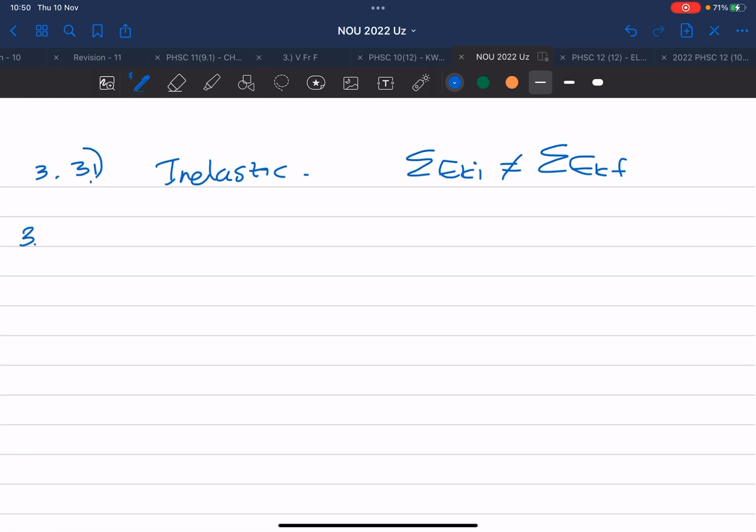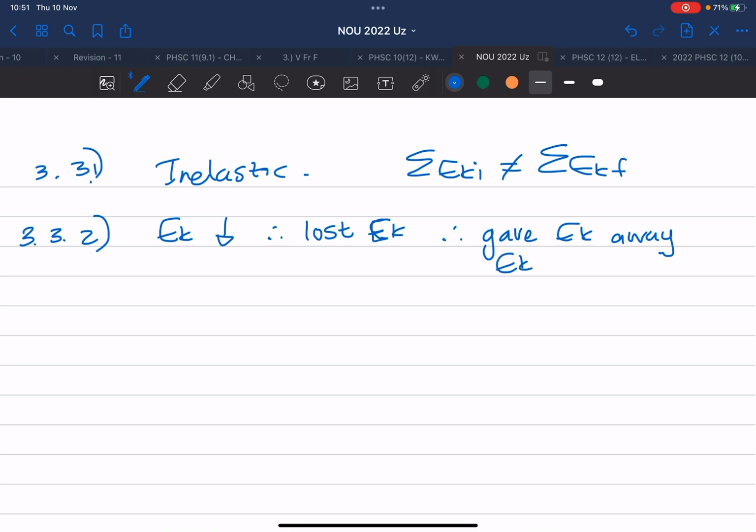Okay. Dan vraag 3.3.2. Bereken die massa m, and you can see 5 marks. If they say the kinetic energy decreased, that means it lost kinetic energy. Nee, dit beteken that it gave kinetic energy away, or that the kinetic energy was given away